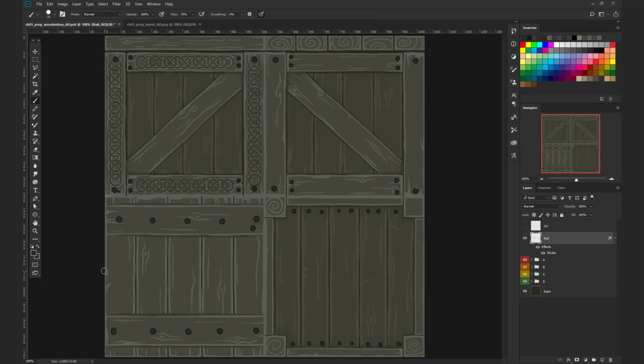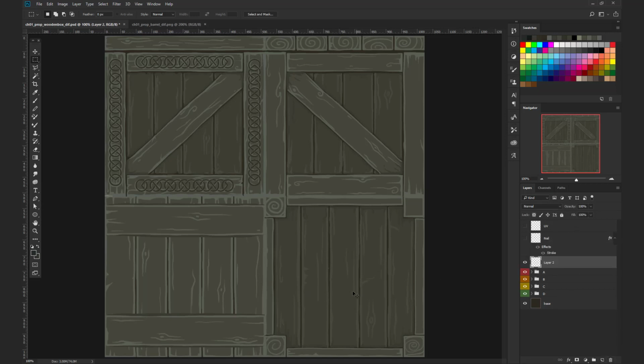I'm thinking if I should just make it like, probably I need to make this on a similar or on new layer, because I need to think about